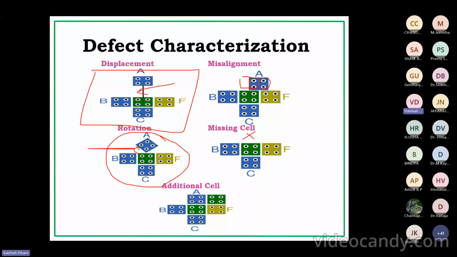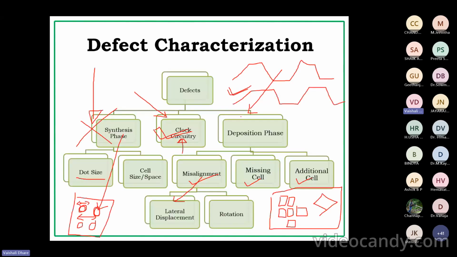There may be the opposite possibility, or there is a possibility of extra cell placement, which comes under the additional cells. So these are some deposition phase defects which you can analyze easily using simulation-based methods, and you need to prove them using some